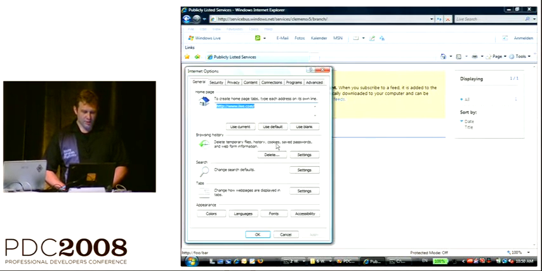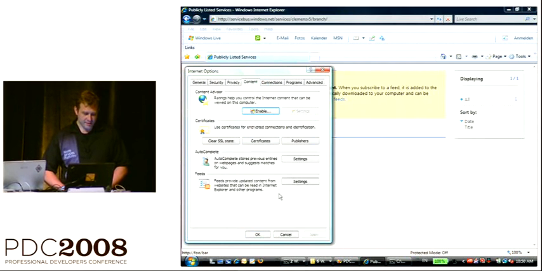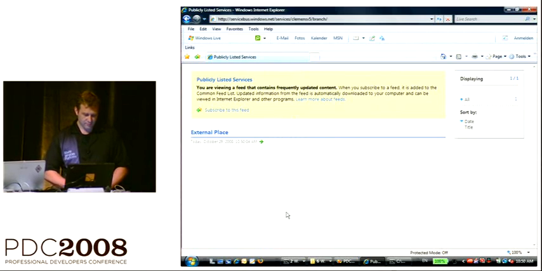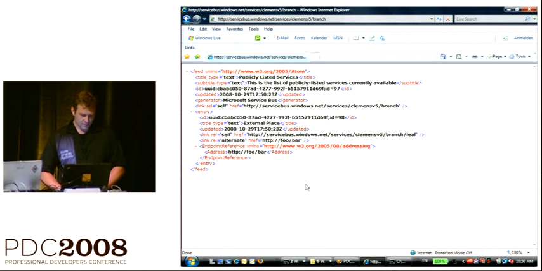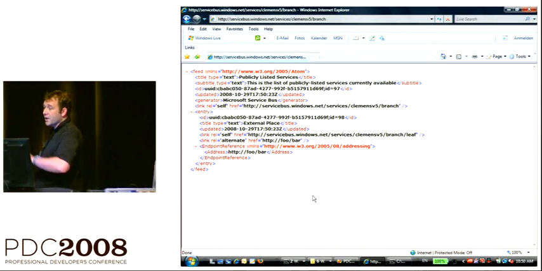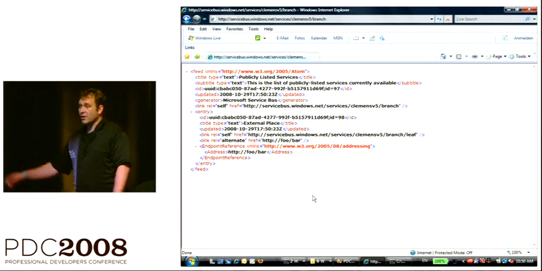And when I go to the internet options and go to content and go to settings and turn off the feed reading view, and it actually listens to me. There we go. You see that I just published an external endpoint reference into that system.